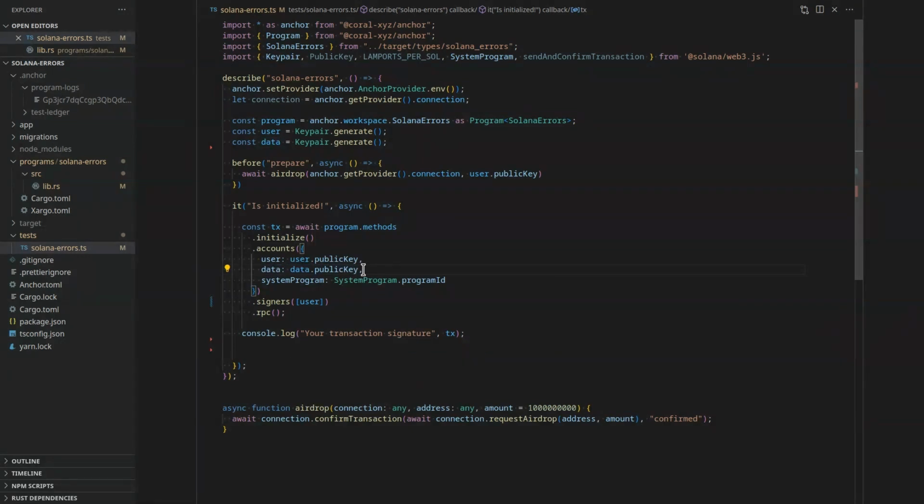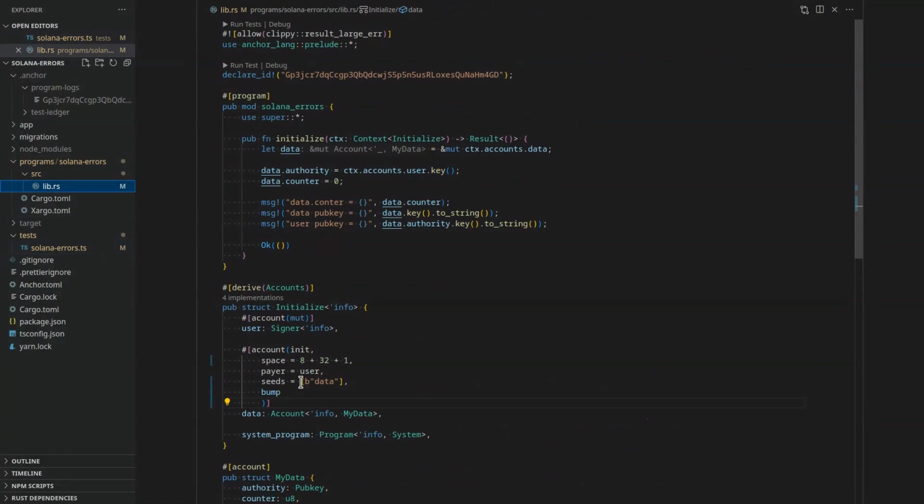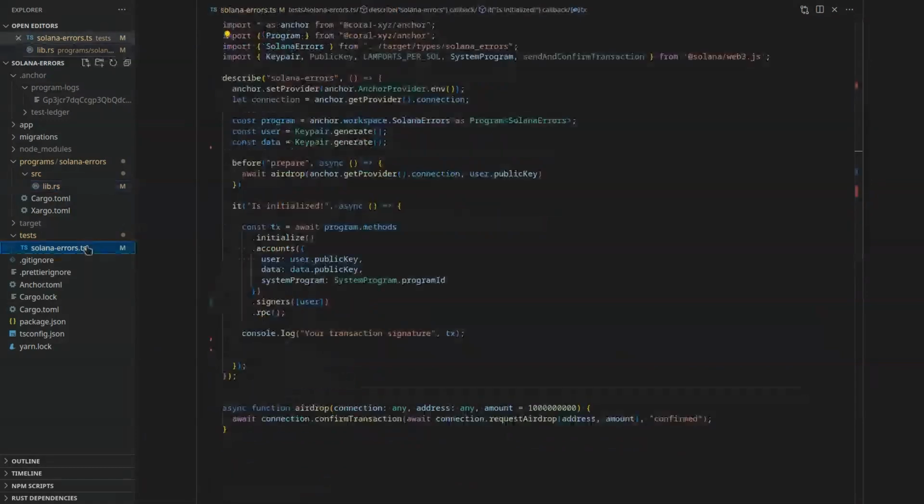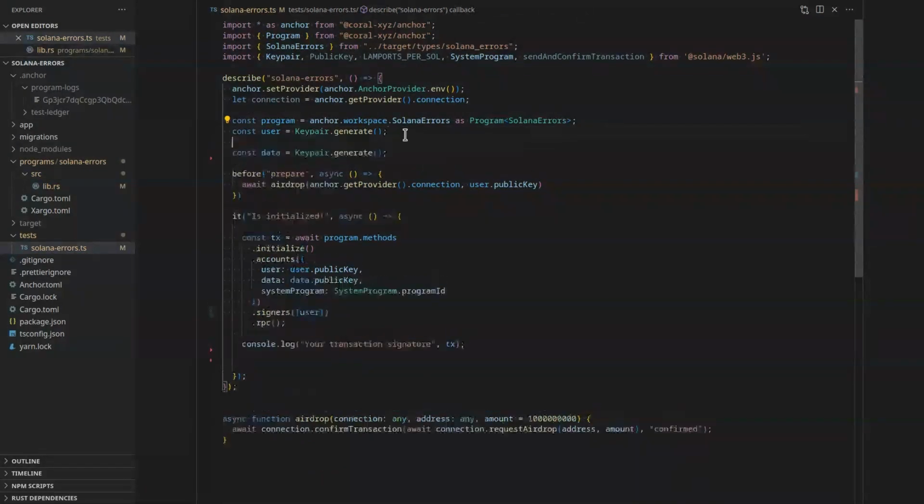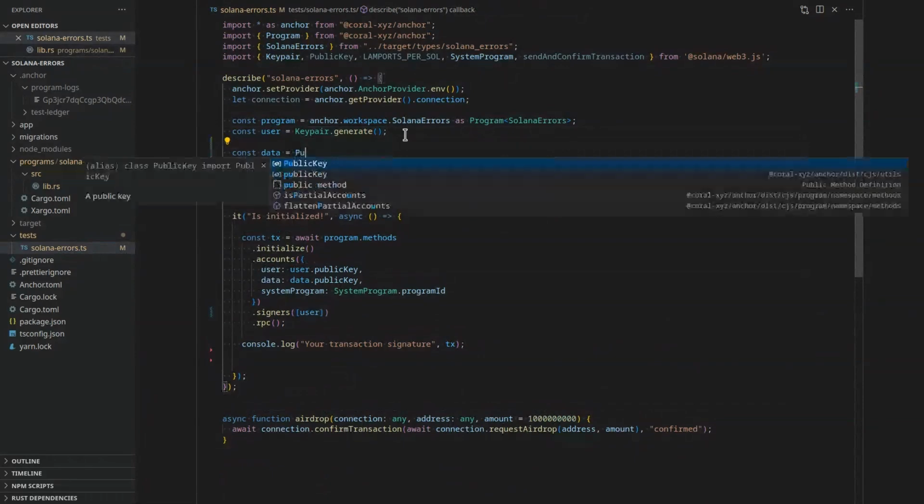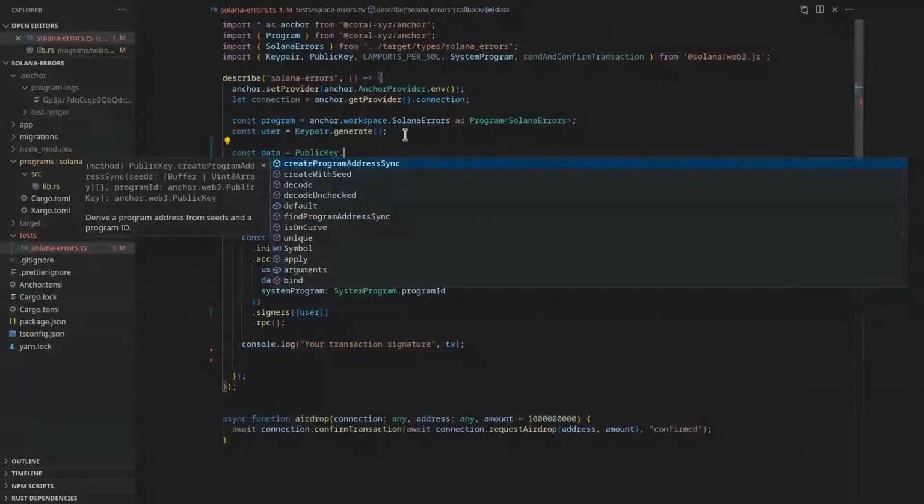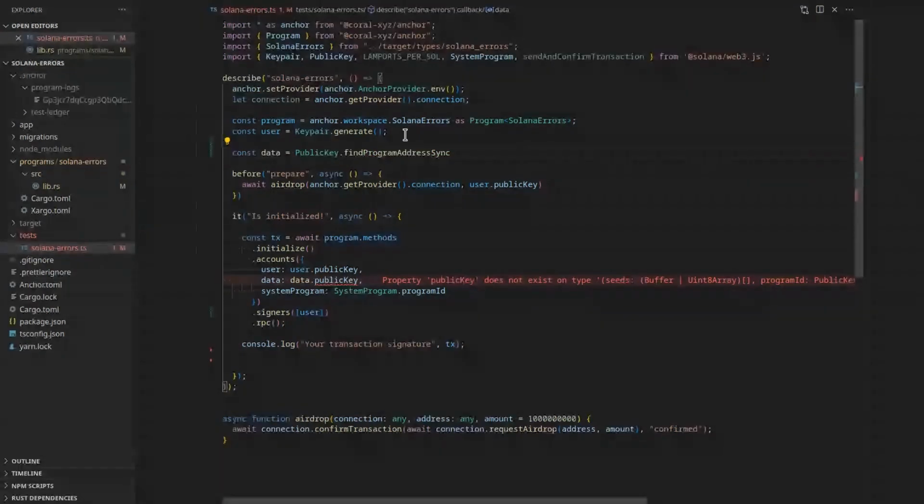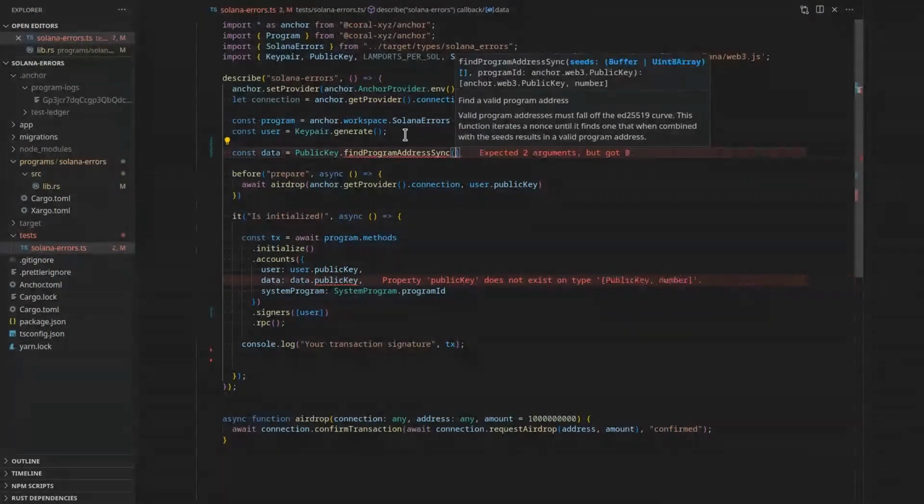does not correspond to the PDA derived from the seed that you have set in your program. So it says that the PDA address does not correspond to these seeds and bump. So what we have to do is we need to calculate the correct address, and we can use the PublicKey function for this. So it's PublicKey.findProgramAddressSync, and then we need to pass